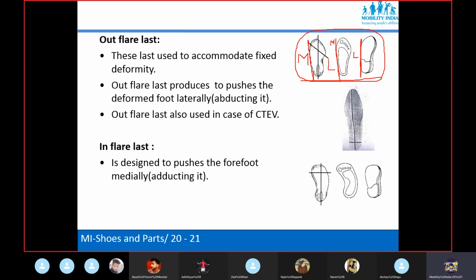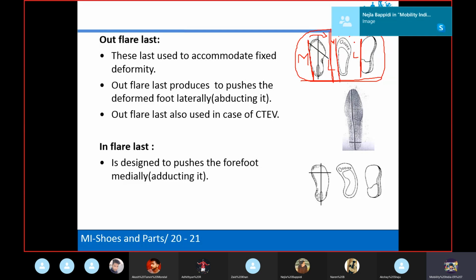In the odd flare shoe last, the medial border of the shoe is straight, and you can see it going outward. That means the forefoot is going away from the midline. If this is the midline, it is going away from the midline.